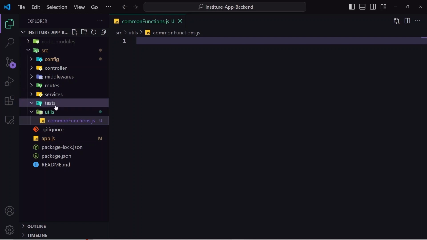And the next folder is this test folder. Inside the test folder, we write and run the tests of our application. Here we create the test cases to ensure that the code we have written in other folders is working as expected. This helps us to catch the bugs early, and this is mostly used for unit testing. This test folder is mostly used in the corporate world. There are very few people who create test folders inside their personal projects.